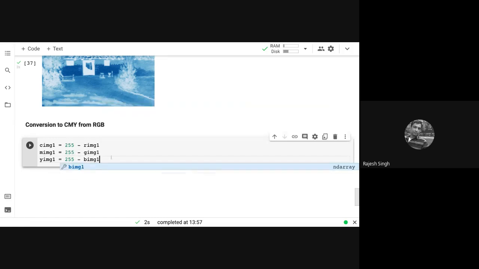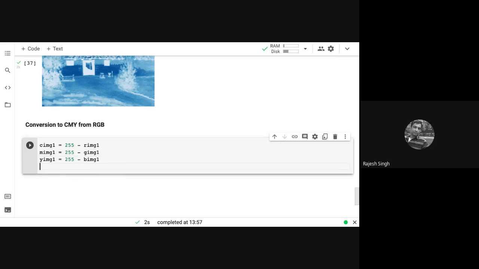So these are my 3 components. Now remember, if I print them, I will get three components separately. You can do that by using subplot. So I hope you're all familiar with subplot.